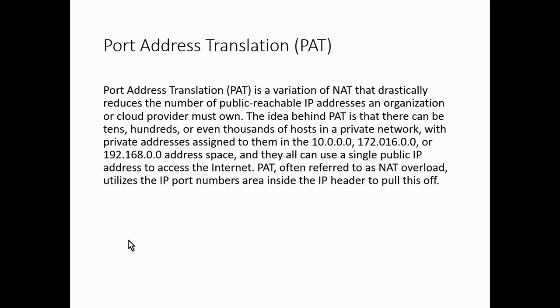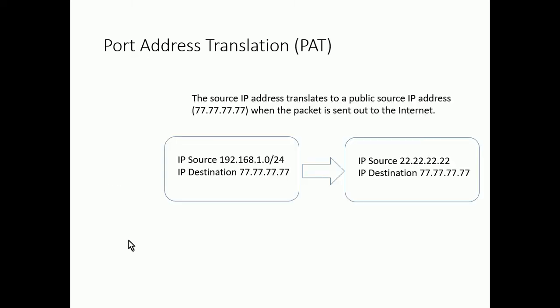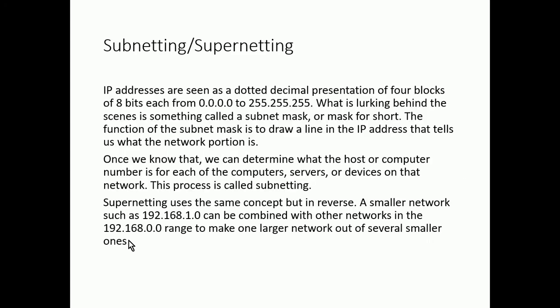A lot of people, when they think of network address translation and how it works in reality, many times they're talking about port address translation, or PAT. This is where you can have many private IP addresses on your internal network, but they can all access the internet using one public IP address. So I could have 10,000 computers in my network, but they could all appear to come from a single public IP address when that traffic is initiated from within my network. So that is port address translation, or PAT. There are some other names for these as well, but for the purposes of this course, just make sure you're familiar with the concept of NATting and PATting.